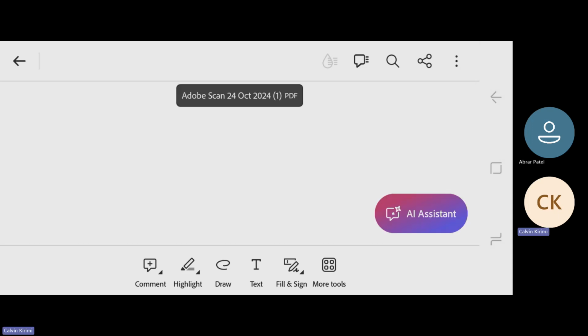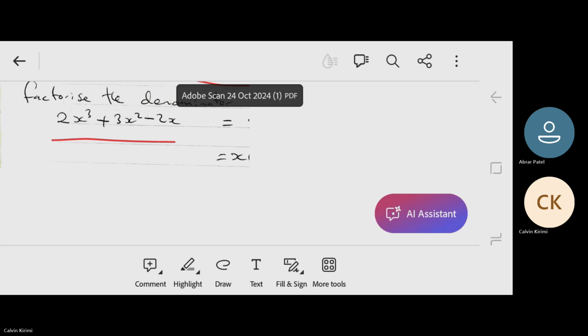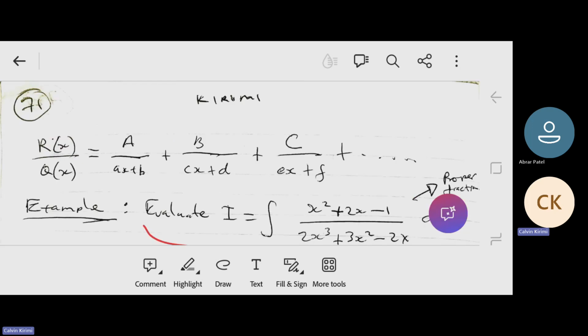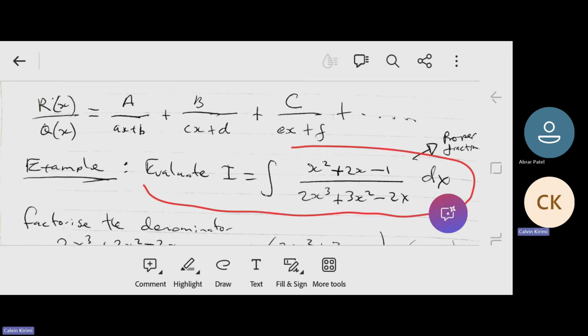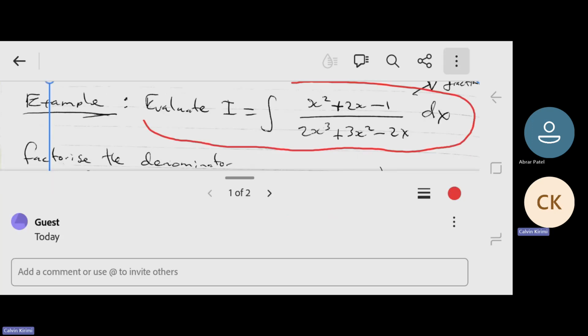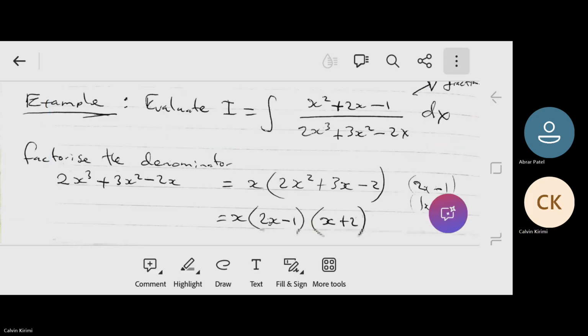All right. So I was saying that when you're integrating by partial fractions, for example, we are given an integral, which is on the screen. You want to integrate by partial fractions. So I was explaining, then that's when